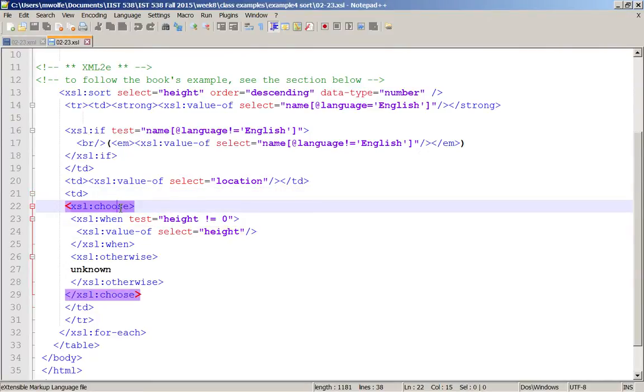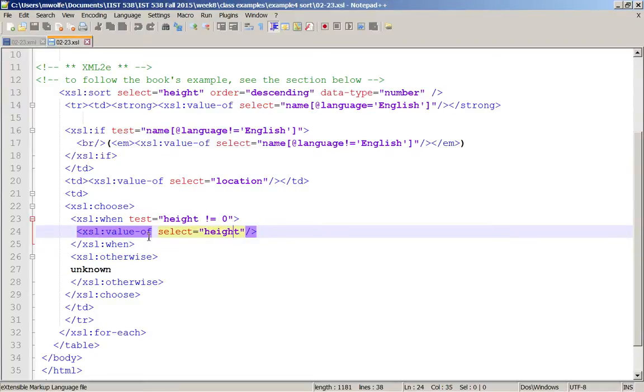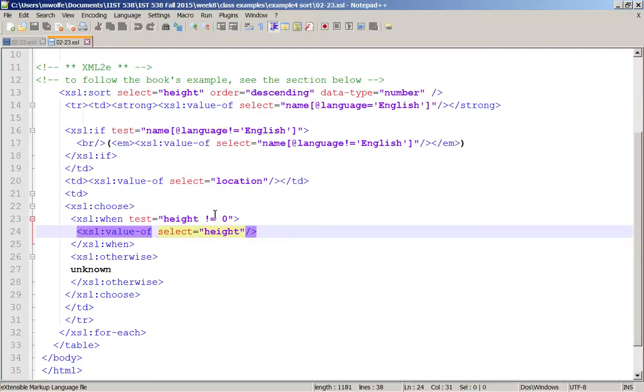So here we have our choose, and it wraps the conditional statement, if you will, with an opening and a closing choose command. We have xsl:when test height is not equal to 0. So is the height not equal to 0? We want something with some kind of height. If that's true, if the case is true, print out height. Otherwise, you're just going to print out unknown. So if it's not equal to 0, you're actually going to get a height. If it's not, we don't know what the height is. It may be nothing, it may be something that has no height, or we just don't know,